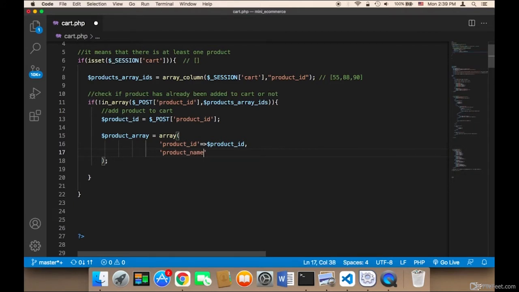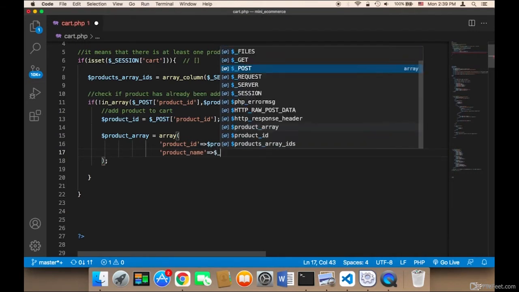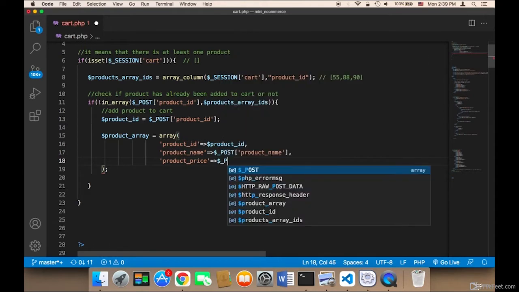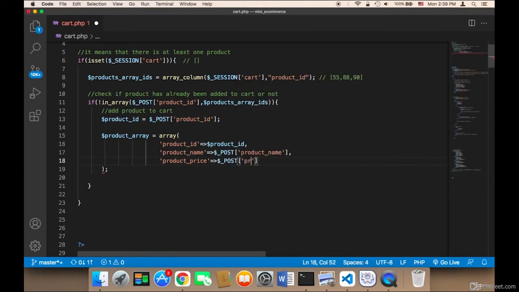Make sure that the spelling is correct. The product name, I'm going to get it again from the post request, product name. We also need the product price, product price. We also need the product image,